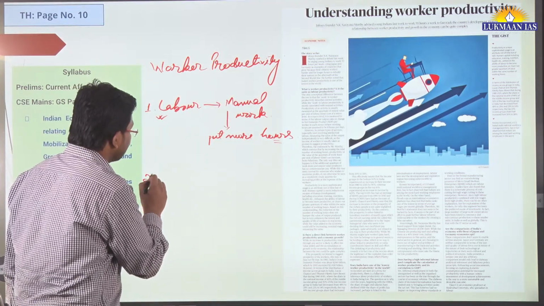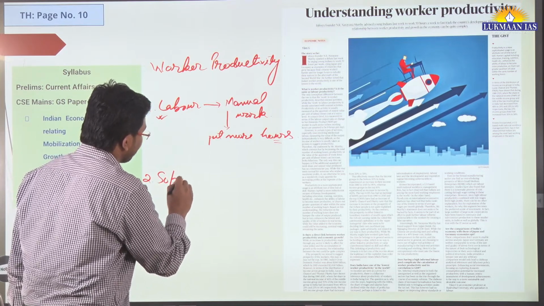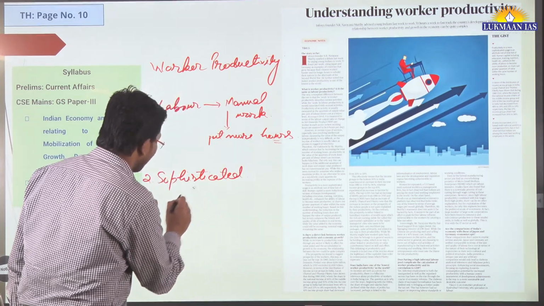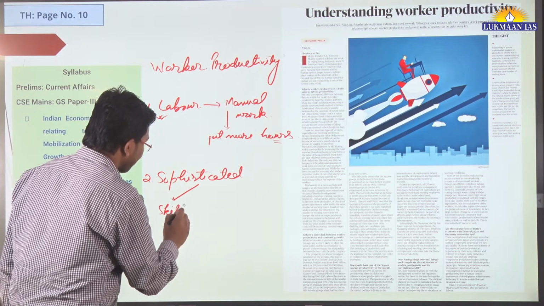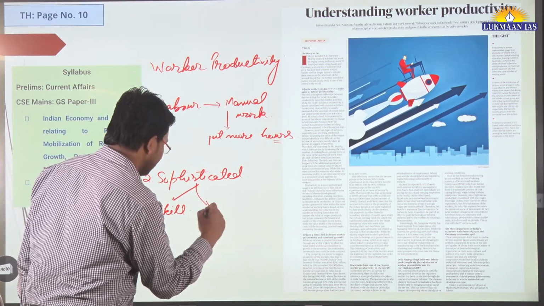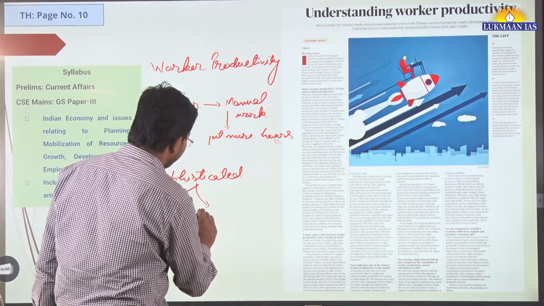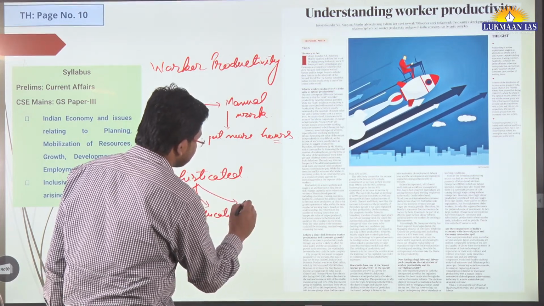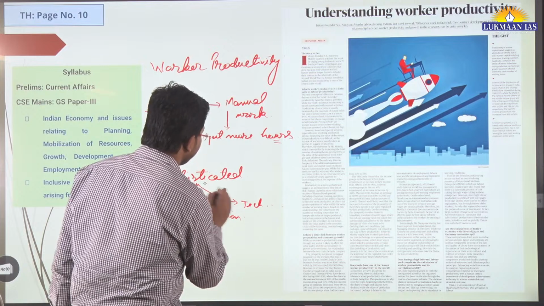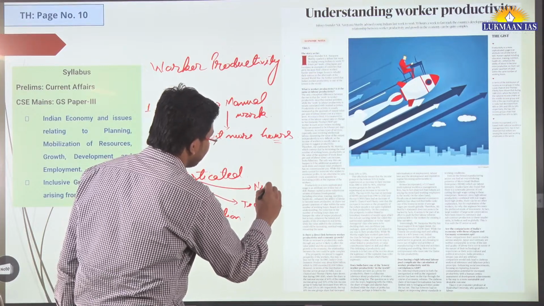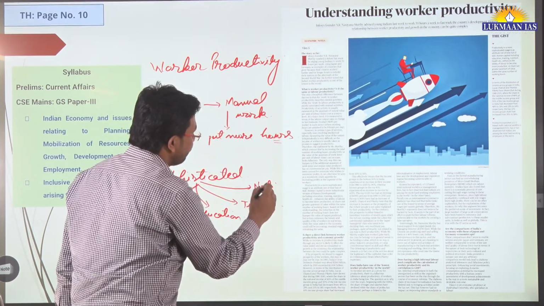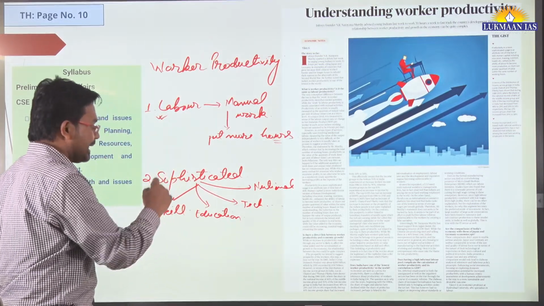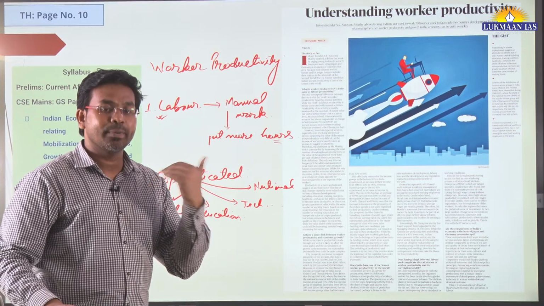And the other class of workers are those doing sophisticated work. This sophisticated work needs skill. It needs education, prior education. It needs these people to be tech savvy. It needs proper nutrition for these people. Nutrition is anyhow important for both groups. So in this case, the productivity is not associated with